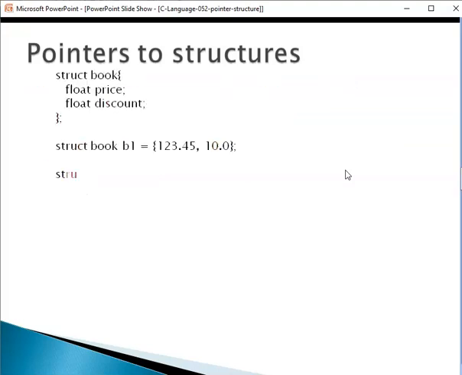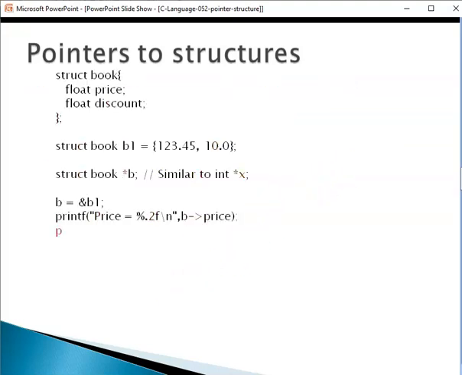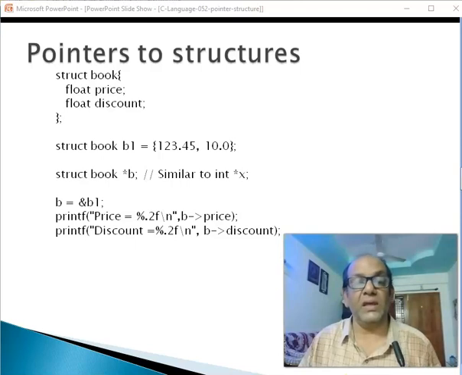Pointers to structures. Let us say we have a small code snippet here, as shown. You define a structure book. Again, you need to be very careful. Struct is the keyword, and book, given immediately after struct, is the name of the structure. So book is a structure that contains two elements, price and discount. B1 is a variable of type struct book. Later we'll see the typedef statement, using which we can define this very simply.